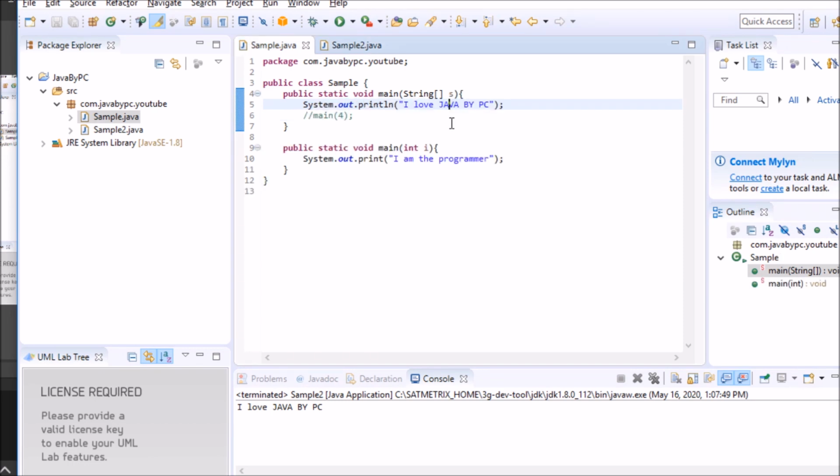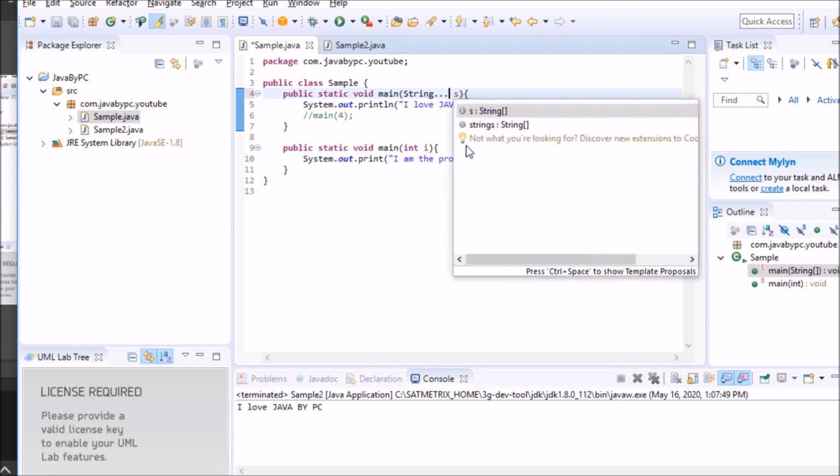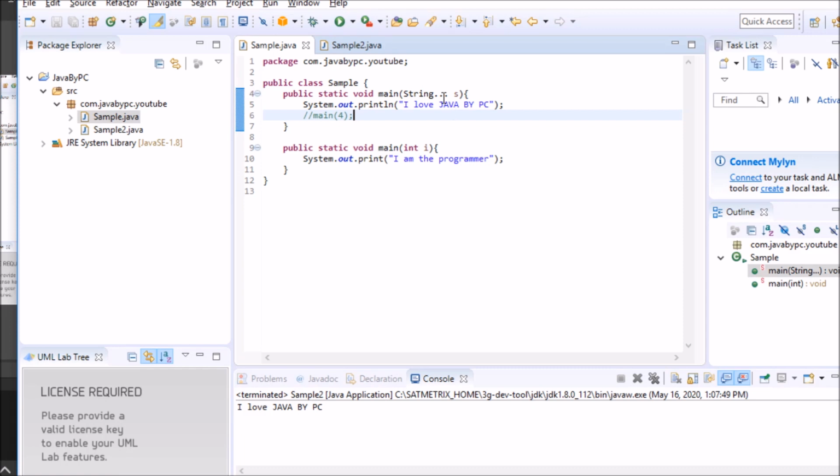Let me tell you one more alternative syntax of the main function you can use. As you can see, it takes the argument as a string array. Instead of using this array type, we can have three dots here. Three dots here means variable argument, like you can pass the argument or you can skip passing the argument.